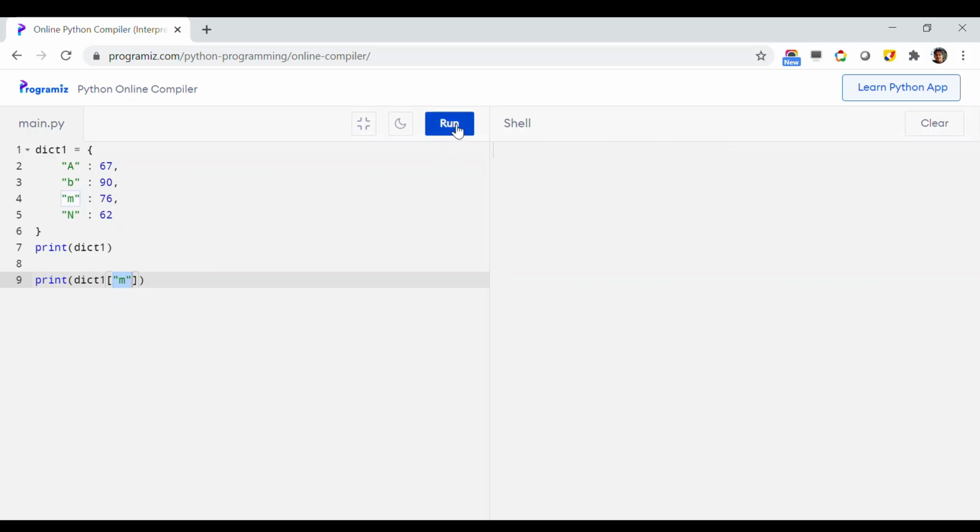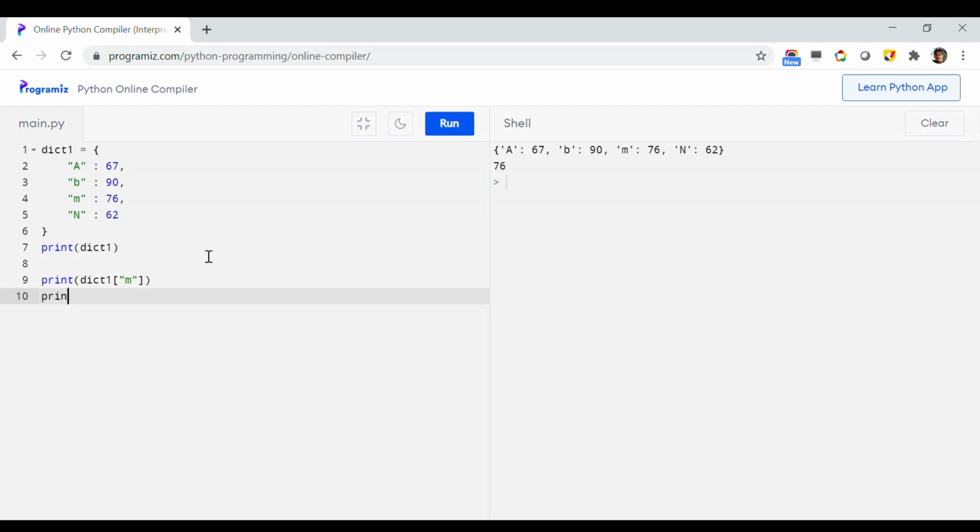So let us run it. And as you can see in here, it printed 76. So just like this, by utilizing your own index of choice, or you can say by utilizing this key, you can print or access the value stored in that key. So this is not only for M, you can use another item also. Let's try to print like